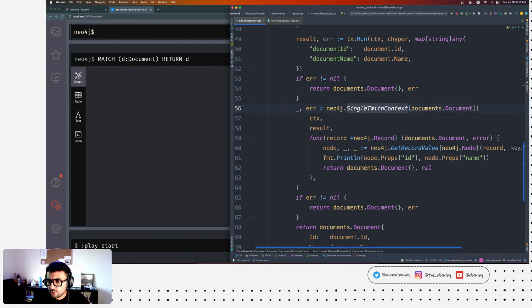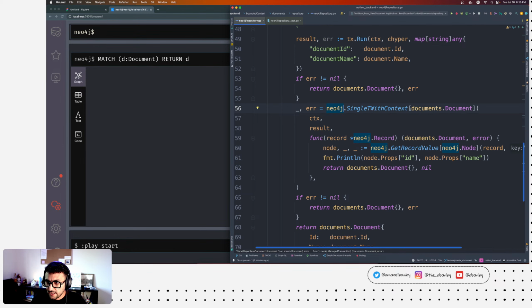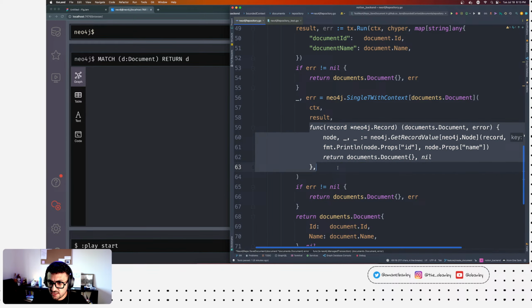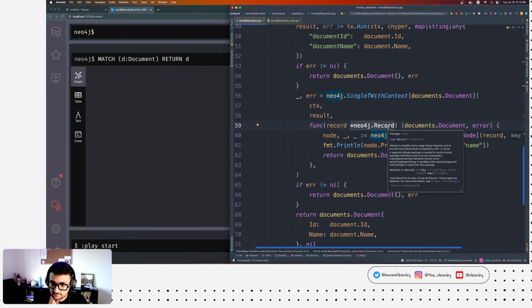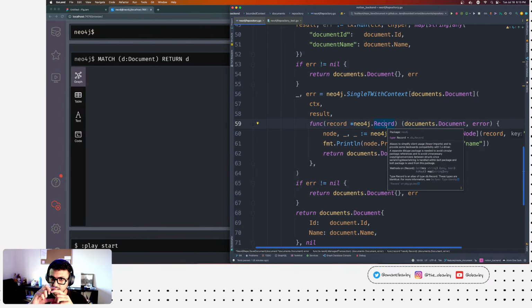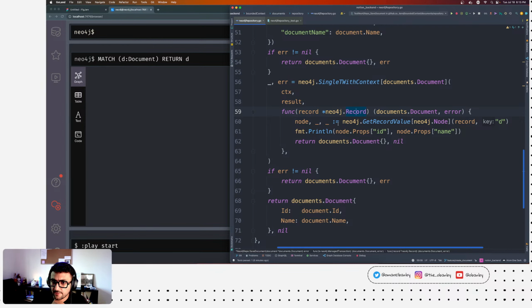Okay, so now we know that we're only going to create a single node, so we want a single node back. And we're saying that this single node that we want to get back is of type document. So you pass it the context, you pass it the result, and then you pass another callback. And in this callback, you're getting a Neo4j record, right? You can think of a record as like a record in SQL, or like a row of data essentially, where here you can start saying give me the column which is named like username, and it will return that for you.